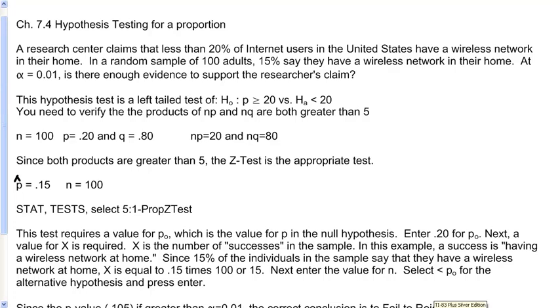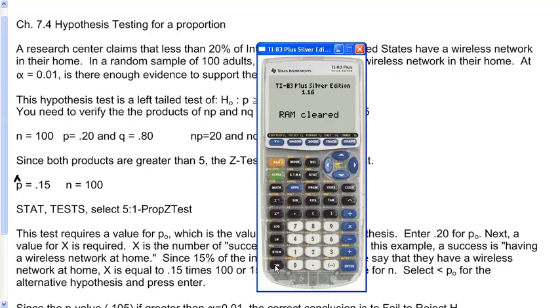So let's go to the calculator, and we're actually going to do this. So we're going to go to stat, over to test, and you're going to go down to number 5, 1-PropZTest. And here again, remember I said for p sub 0 you're going to put 0.20, so we're just going to put 0.2 because the 0 won't matter. x is going to be 15, because remember we multiplied 100 times 0.15, which multiplies out to give you 15. n was 100,